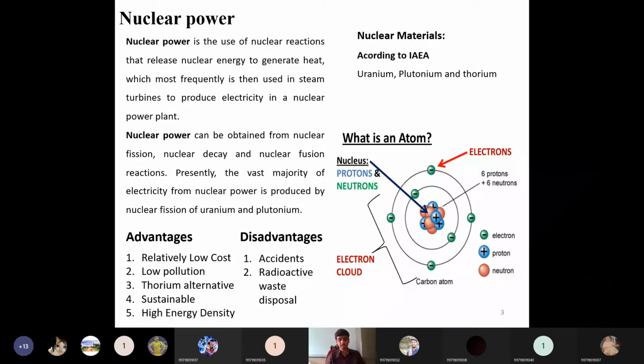From this atom definition, we get the atomic number. You might have seen it in the periodic table of elements. What is the atomic number? What is the molecular weight? Everything defined from this definition of atoms, protons and neutrons, counted together, is known as the atomic number. So what is the atomic number? The number of protons within the atom's nucleus is called the atomic number and is equal to the number of electrons in the neutral atom.